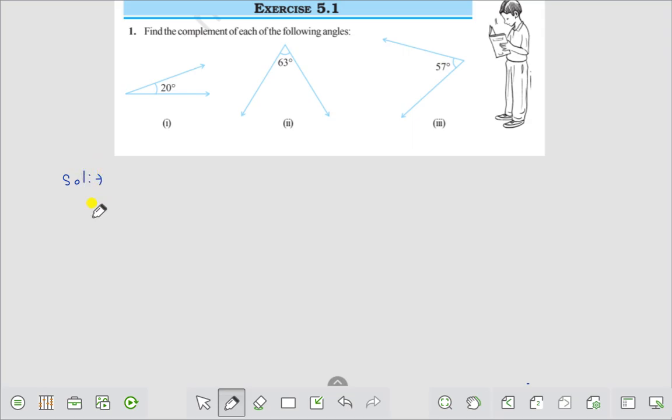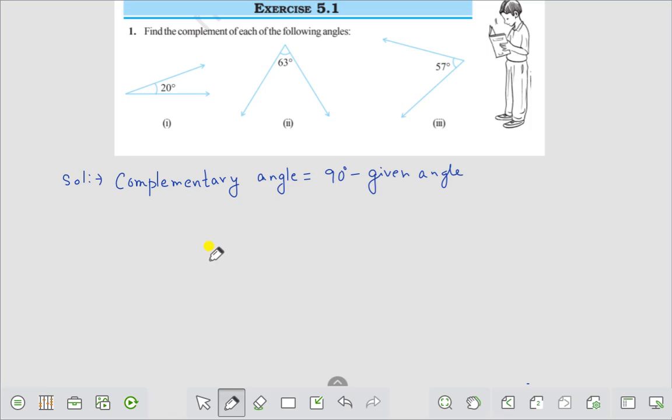We know that for complementary angles, the sum of two angles should be 90 degrees. Therefore, complementary angle is equal to 90 degrees minus given angle, because if the sum of two angles is 90 degrees, only then you can say that the angles are complementary to each other. 90 degrees minus given angle,